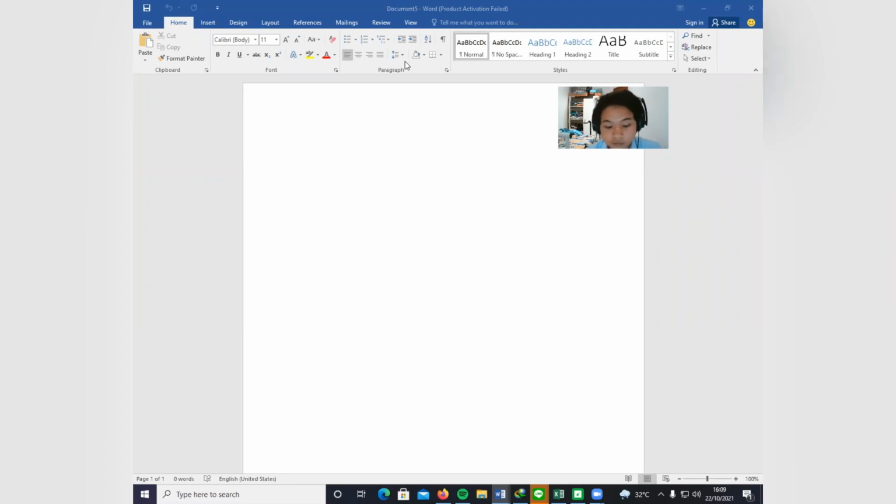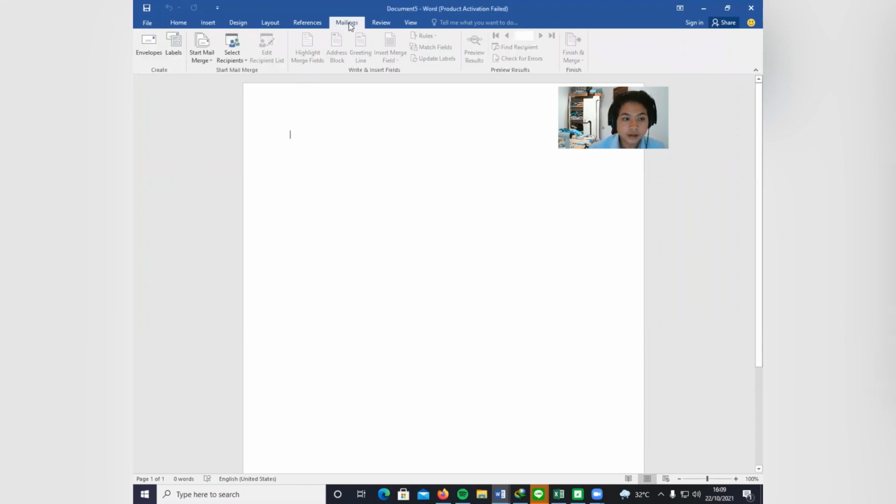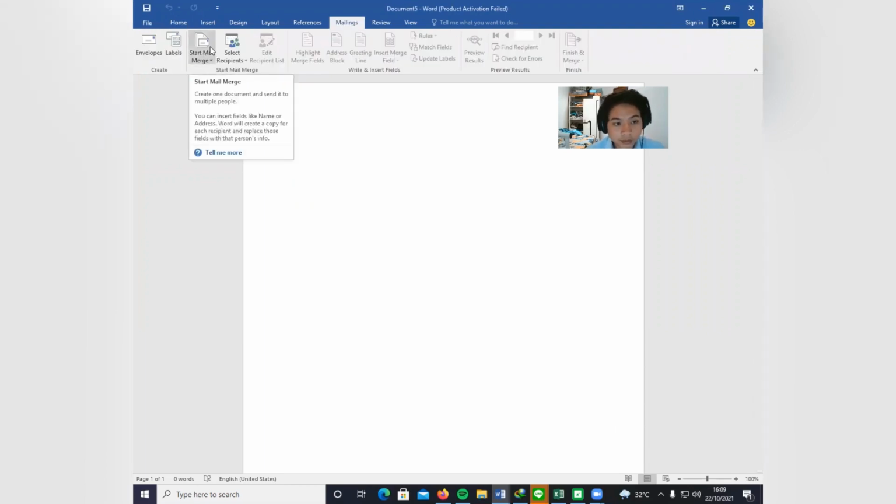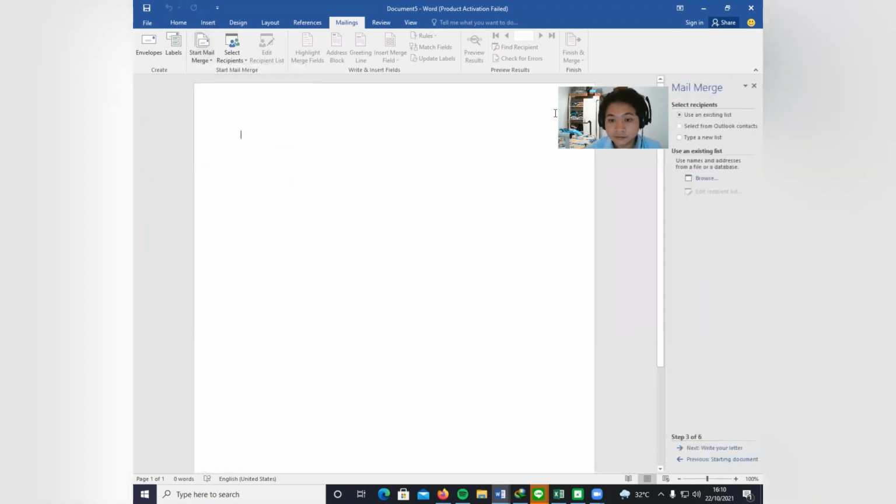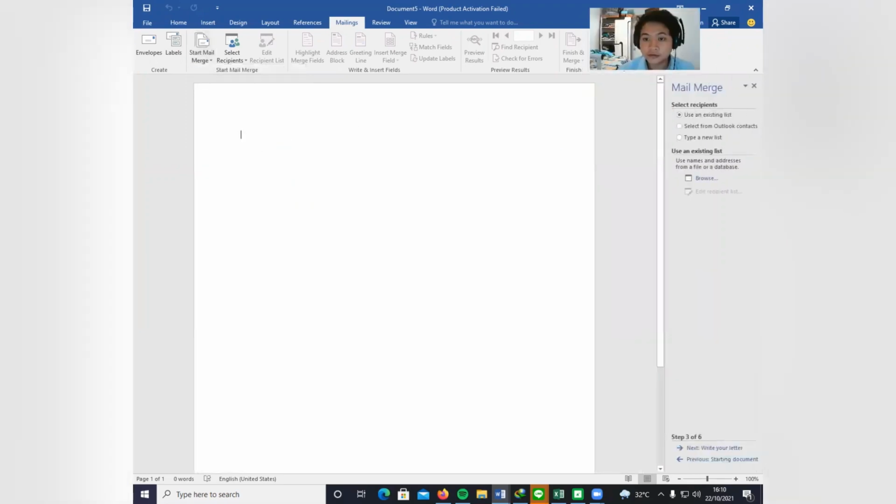So the first step is, in Microsoft Word, you can go to mailings. So do it. So here, yes. And then you click on Start Mail Merge. And then step by step mail merge is going to help you for this tutorial. So after you click on mail merge,